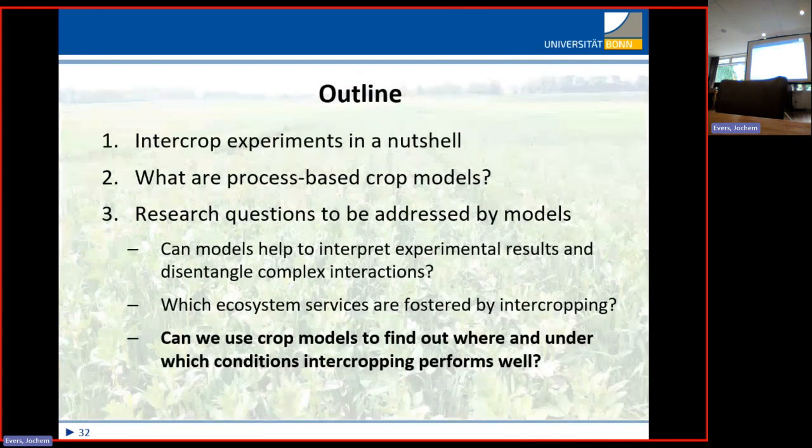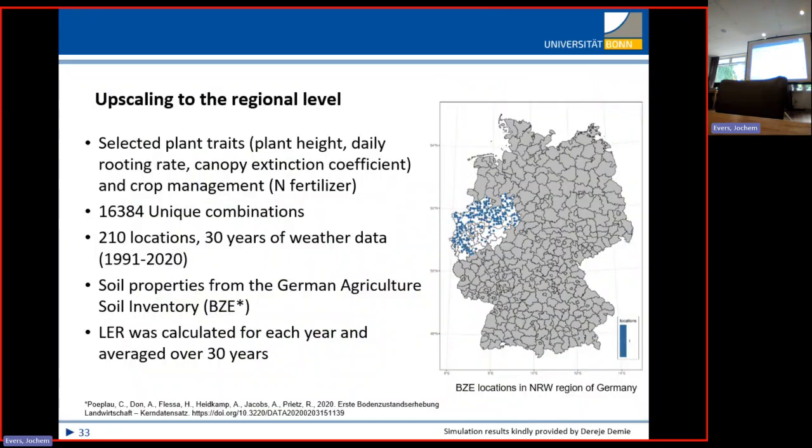Okay, so then I'll finish in the last 3 minutes. Can we use crop models to find out where and under which conditions intercropping performs well? Maybe this is the overarching question we all have. And to some extent, at least, we can use models to do so. And I will show you some preliminary results we have not yet investigated in detail, but more to show you